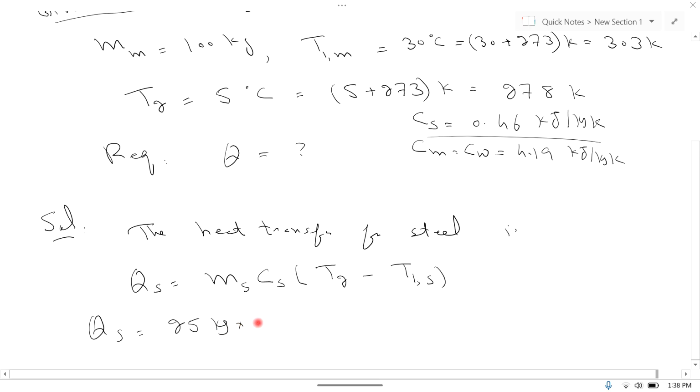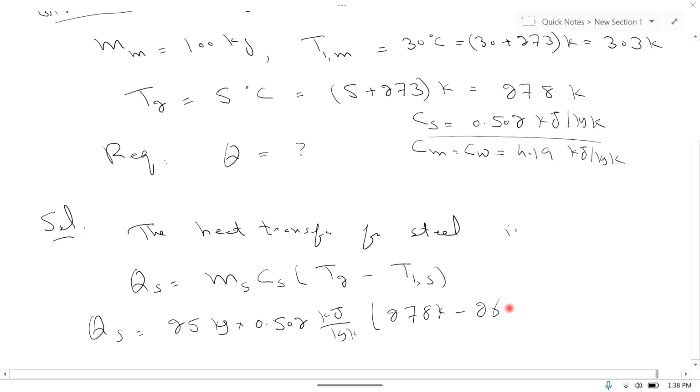Heat capacity of steel is 0.46 kilojoule per kilogram per Kelvin, and in some books this is 0.502. I think there is no big difference. There are many types of steel, there is no one type of steel, so this value may vary. So 0.502 and 0.5, you can take this 0.46. And the final temperature is 278 Kelvin